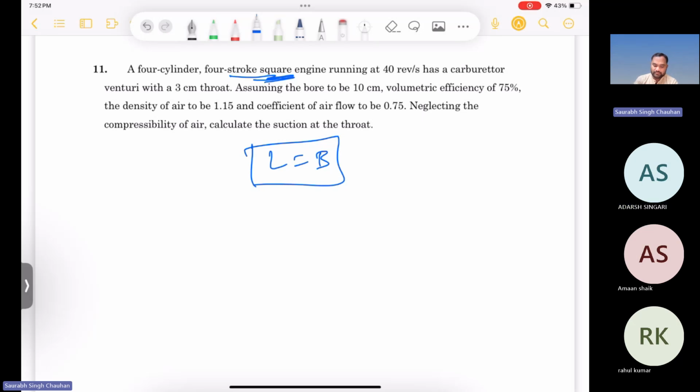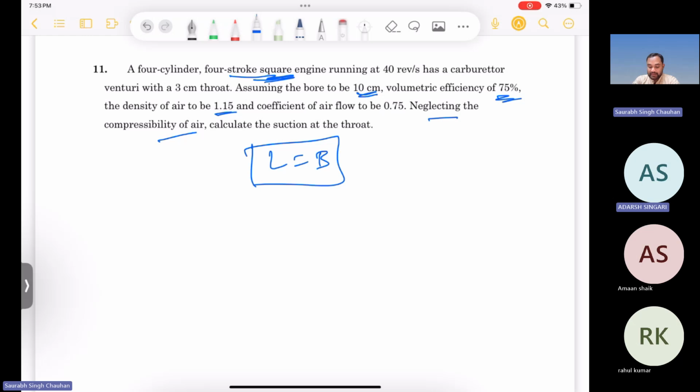I think this should not be correct. Okay, sorry, it is per second. Fine, RPS. It has a carburetor venturi with 3 mm throat. Assuming the bore to be 10 centimeter. Bore of engine is 10 centimeter. Volumetric efficiency of 75%. Density of air is 1.15 kilogram per meter cube, right? And coefficient of air flow is 0.75. And neglecting the